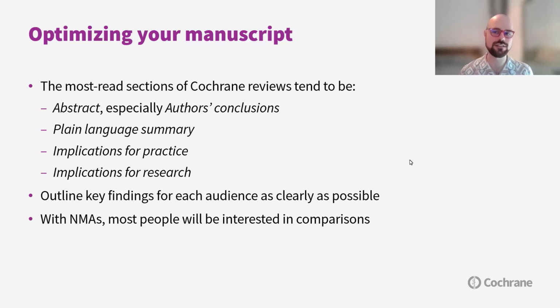Then the implications for research section is usually going to be aimed at researchers and or funders, depending on the implications. So, if your review has identified key research questions that need to be answered by future trials, for example, then the primary target audience is likely to be both funders who might issue calls for proposals to answer these questions, as well as researchers who may apply for said funding or respond to open calls. So whether it be used directly by funders or indirectly, for example, a researcher citing the review as evidence for why this trial is necessary, funders are very likely to be a key audience for this section.